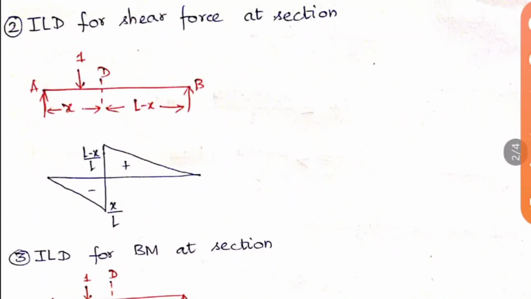So here we should study the ordinate value. As we saw in the previous case, we will be multiplying the ordinate with the load intensity. The similar thing we'll be doing here, but this ordinate value alone will be differing for different cases. Whereas in the reaction supports, we just use the concept of the similar triangle rule, but here you should study this value. Okay, so here it is (L minus X) by L for the upper ordinate and X by L for the lower ordinate. So this will be minus and this will be plus. Okay, so both of these are very important.